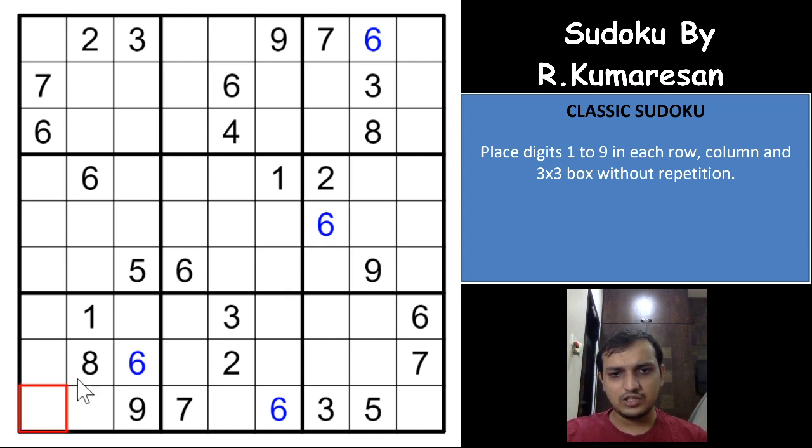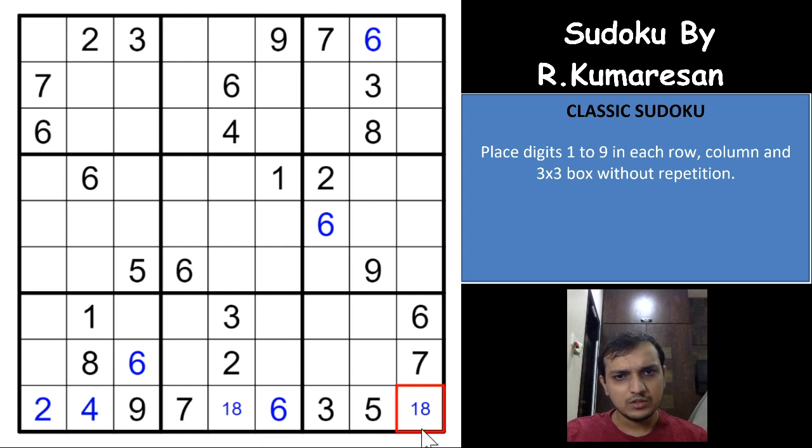So if you see the 9th row, 1, 2, 4 and 8 are the digits remaining. 1, 8 and 2 are already here. You have a 4 here. Hidden single. Hidden singles are very good to see. Sometimes hidden singles give you the start and help continue the Sudoku. Sometimes without the hidden singles you won't be able to proceed, and sometimes it is really difficult to spot a hidden single, right? So this was the hidden single here. So 1 to 8 is the remaining digits here. 1 and 8 are already here. 2 will be here, and this has to be 1 and 8 in any order, right?